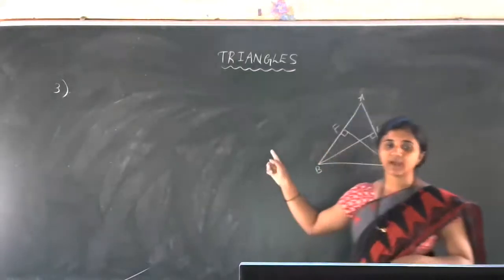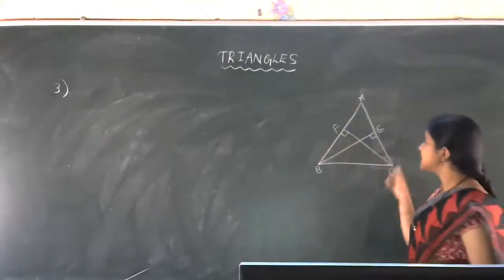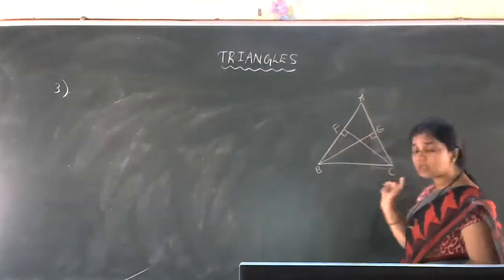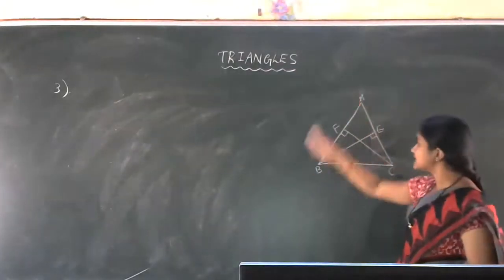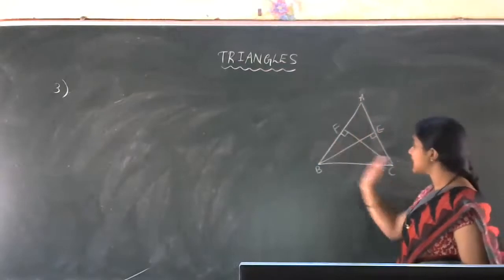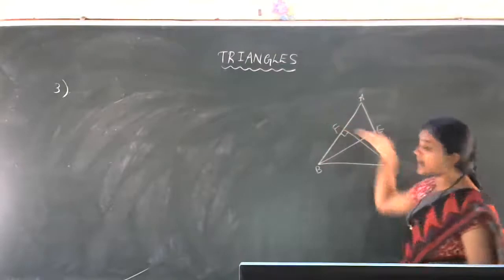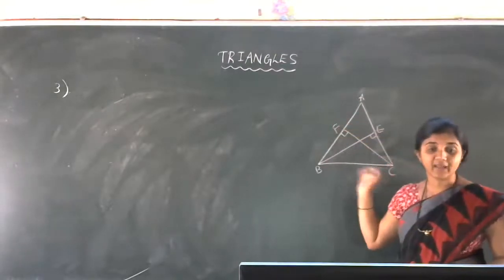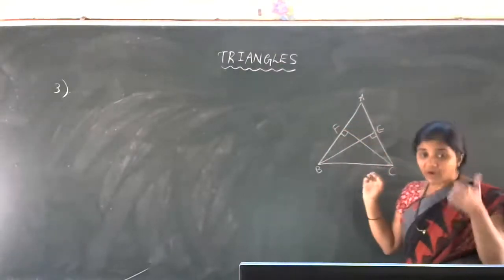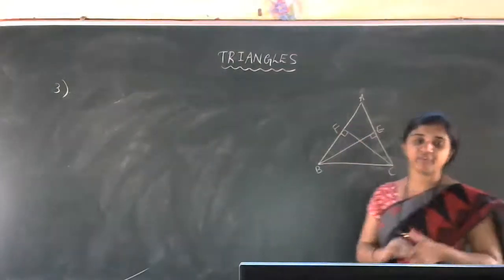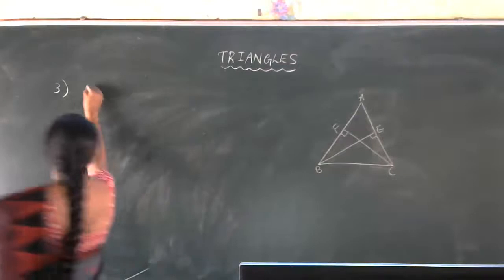So here we have the diagram. ABC is an isosceles triangle. So with AB which is equal to AC actually. So for this AB is equal to AC equal sides, we have drawn the altitudes. This BE and CF are the altitudes of the triangle. BE and CF. So what we have to do in this problem is BE which is equal to CF we have to show. Let us write the given data.